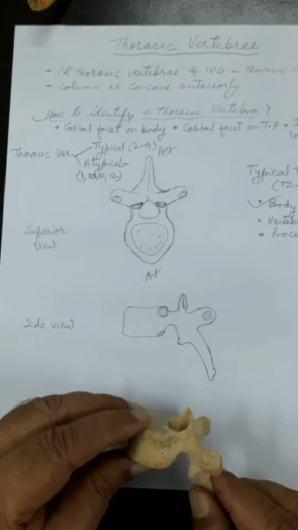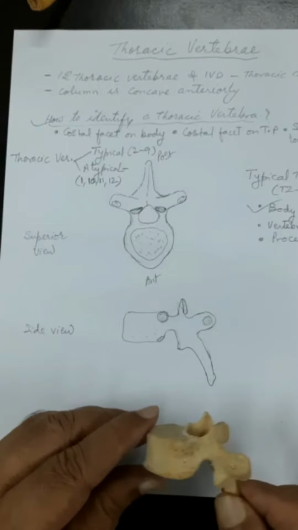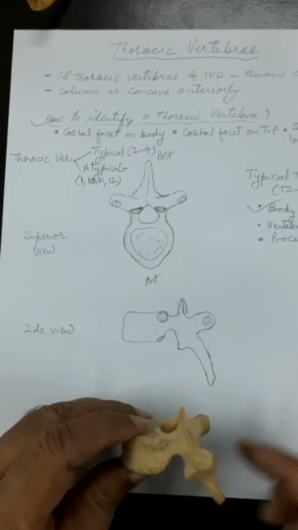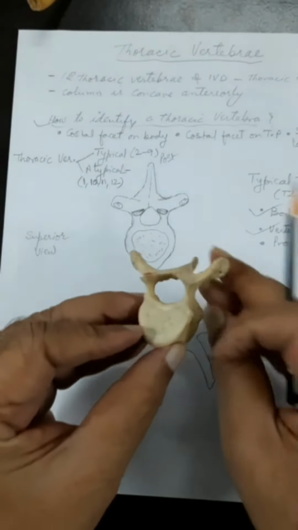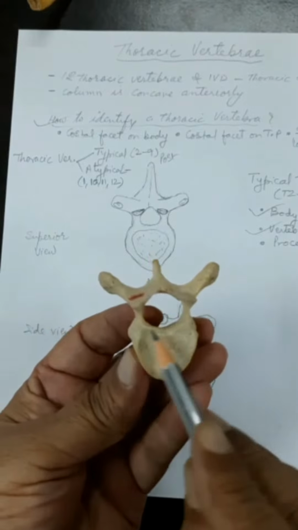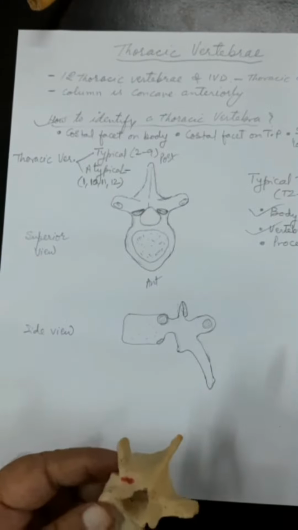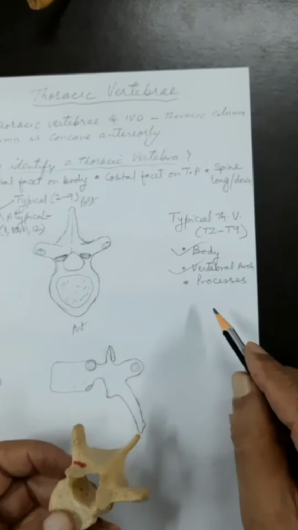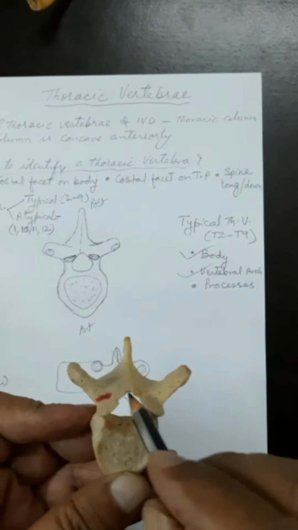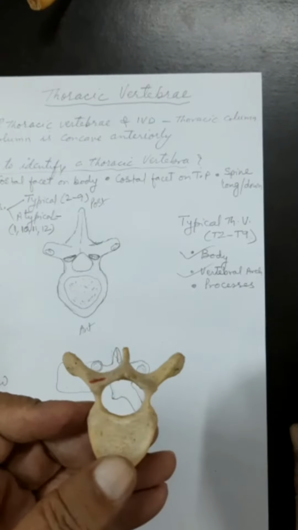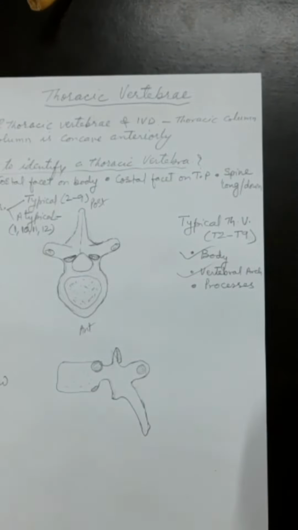Okay, so these are the facet on the surface of the body, lateral surface, close to the pedicle. Now let us come to the second component of a vertebra. Which is the second component of the vertebra after body? This is the body, and the rest of the thing behind this body is called the vertebral arch or the neural arch, because it encloses a canal or the foramina in individual vertebrae, which gives passage to the spinal cord or the neural tube.